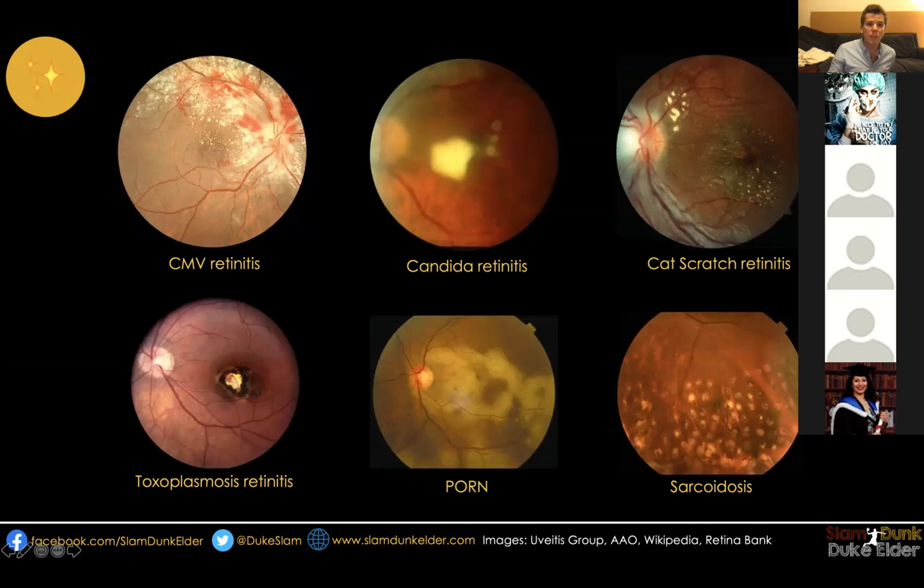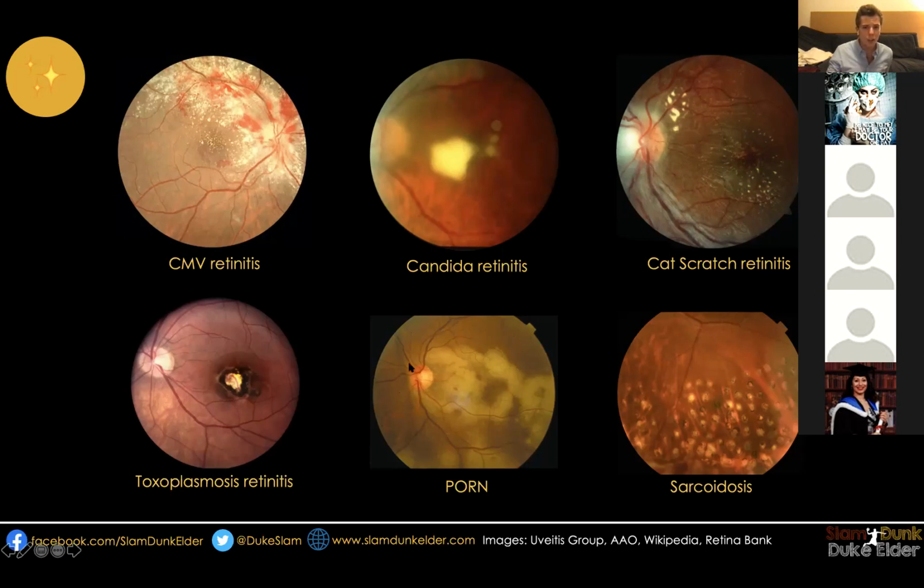For example, CMV retinitis, I can't remember the descriptor term, to be honest, guys, so I'm gonna have to excuse myself from this, but for example, Candida retinitis, you've got pearly white beads, that's how it usually is described. And so as soon as you see that in a question, you start to think, okay, Candida infection. Cat scratch disease or retinitis usually gets described as, I think, a stellate appearance. So you've got this kind of stellate appearance, okay? A central lesion with all these kind of